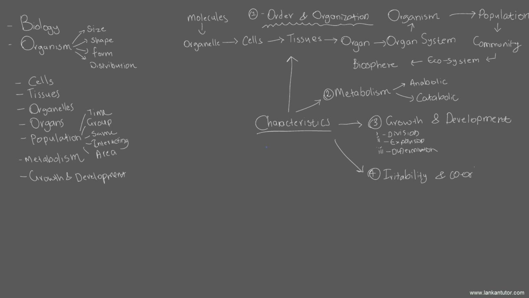All your reflex actions you have, like when you touch something very hot and quickly pull your hand out of the way, that's because you have the ability to respond to heat or change in the external environment. It's not just for humans, plants show irritability as well.